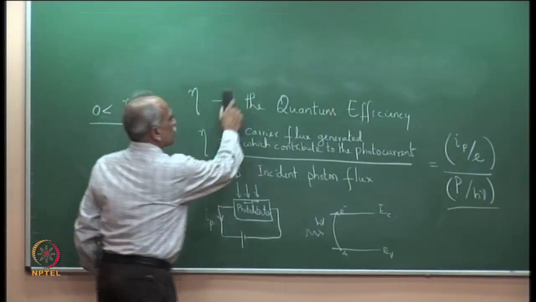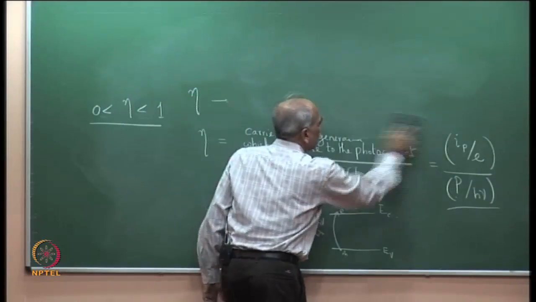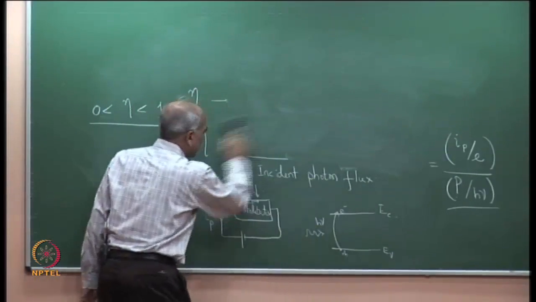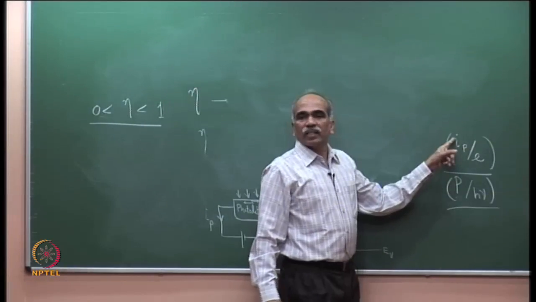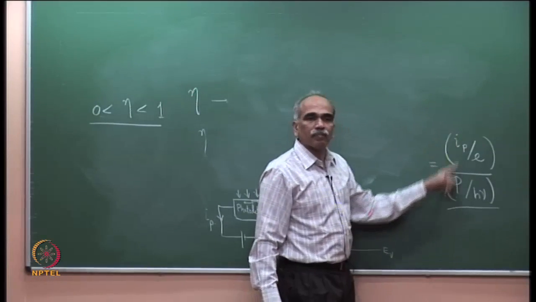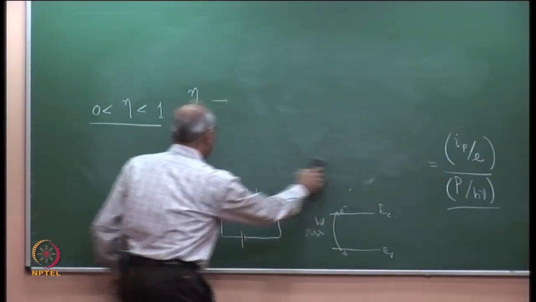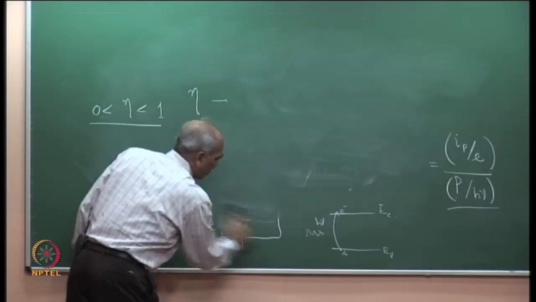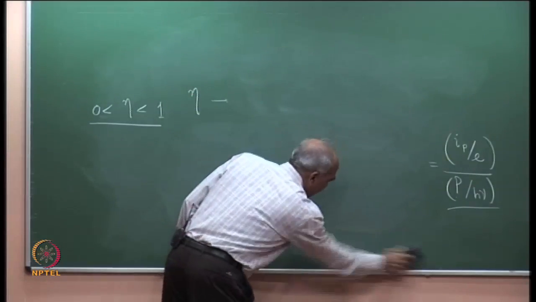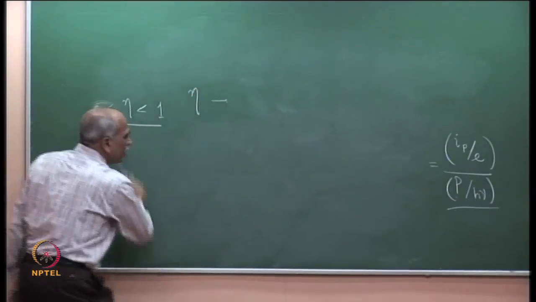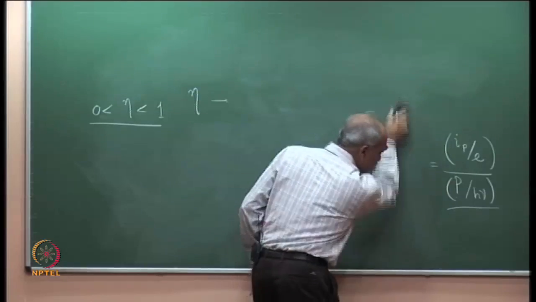And what is the expression for this eta? We find out the expression for eta. This is in terms of the incident optical power and the photocurrent generated. But what does eta depend on? And we need to maximize this eta, quantum efficiency. Why do we need to maximize this quantum efficiency? So, before I proceed to eta,